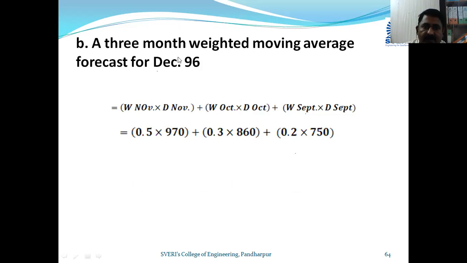So here also you can say whatever the three weightages are given, 0.5, 0.3 and 0.2, and it is mentioned that 0.5 we have to apply to